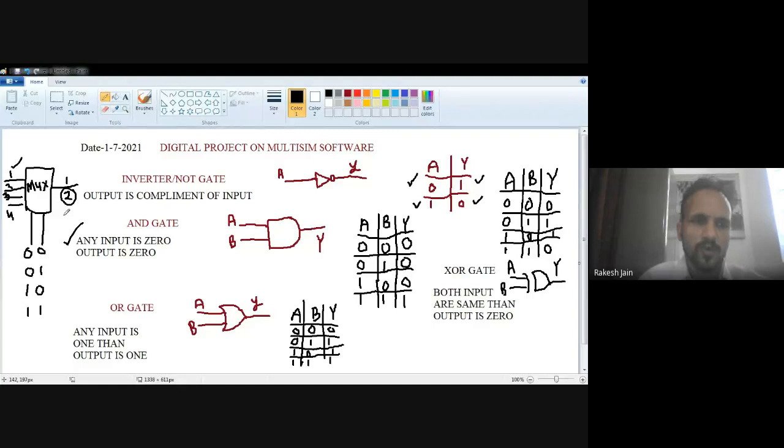First of all, just see this Multisim software. Just take a snapshot of this so that when I prove it, you will easily find it. Type in the message box yes, so that I understand that you clicked the image. Now, we will begin on Multisim software because it is not available right now on my laptop. It is available on the computer, that's why I just put it here and we will make it.